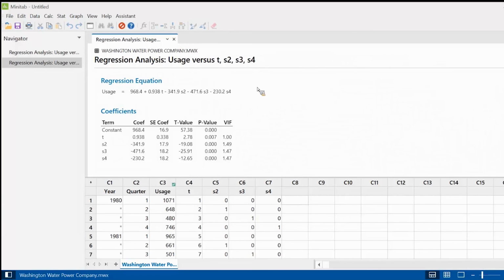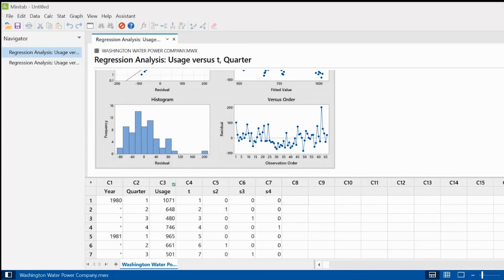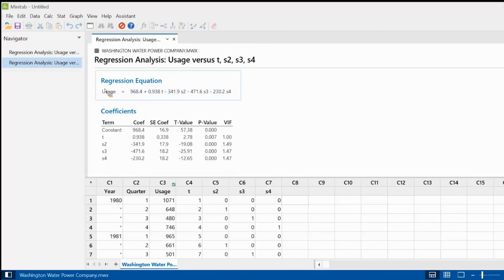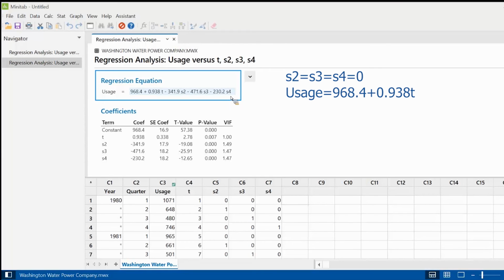So this time, you probably don't like it that much because you are given just one equation and you have to write your own equations for each quarter. It is not hard at all. It's just the other one gives us directly. Although we only have one regression, what we can do is for the first quarter, we're going to put S2, S3, S4 all equal to 0. That gives us the first quarter equation, which is 968.4 plus 0.938 times t,